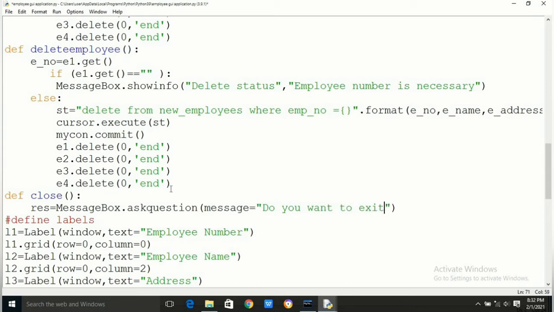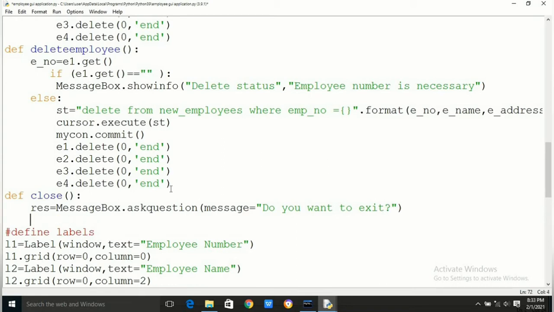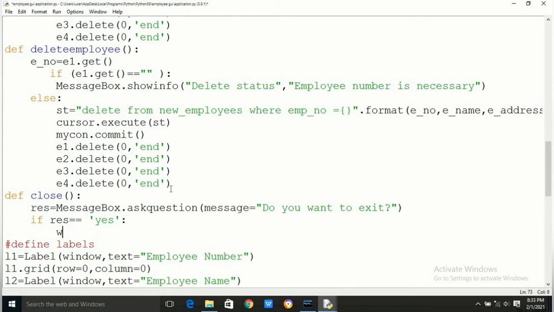The code to insert a new employee, to update an existing employee, to delete an employee is already there. Now we will discuss how you can search an employee's details if you know the employee number of that particular employee.